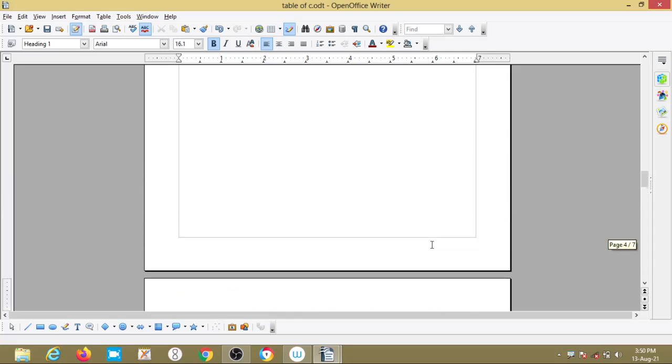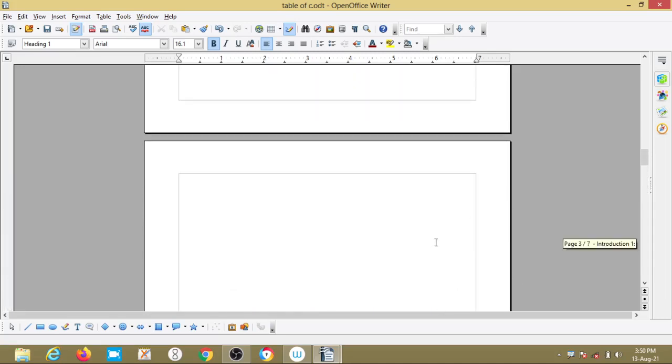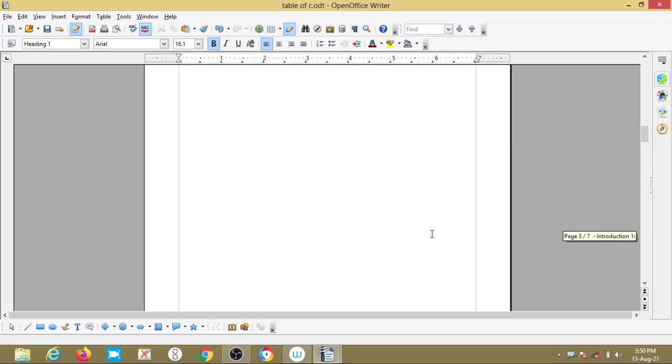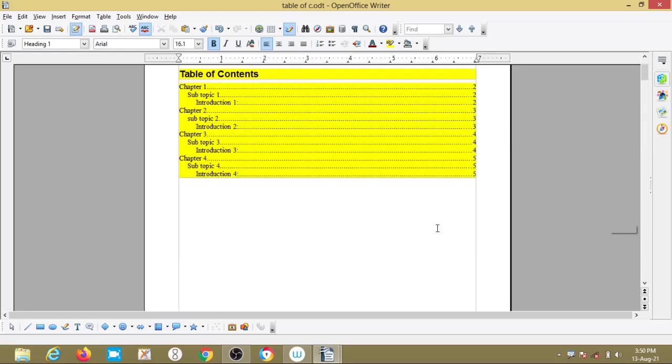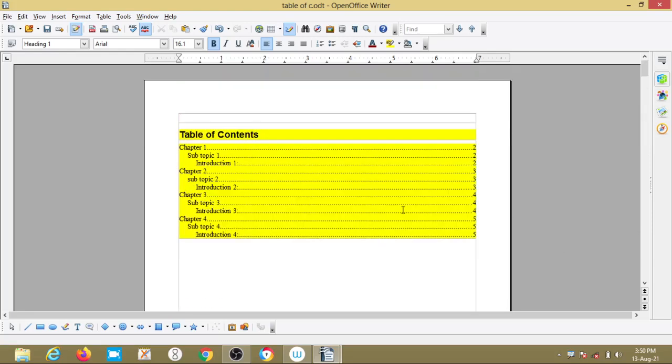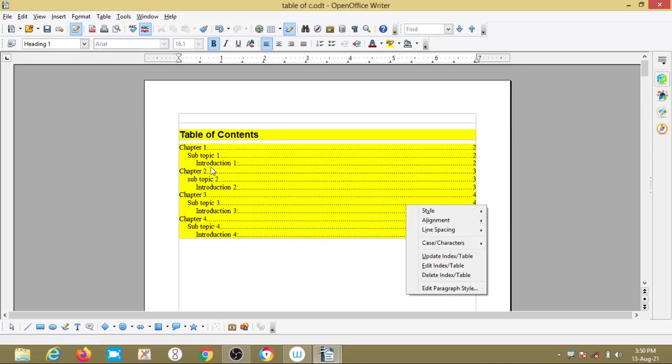Okay, 4th page, right. Chapter 2 is on the 4th page. Here chapter 2 is on the 3rd page. It displays that chapter 2 is on the 3rd page.